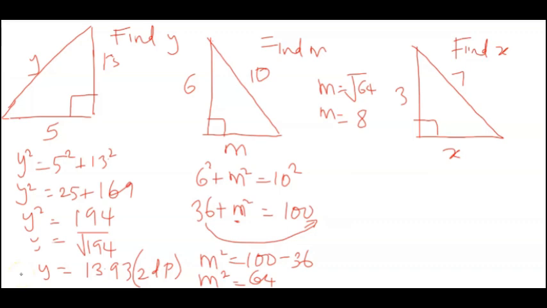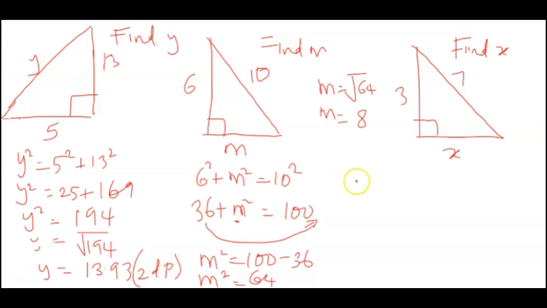So we have this right angle triangle with hypotenuse 7 and one of the other sides to be 3, and then the other to be x. We're supposed to find x, okay? Because this is a right angle triangle, we just apply the Pythagoras theorem to find our x. So from Pythagoras we can say that